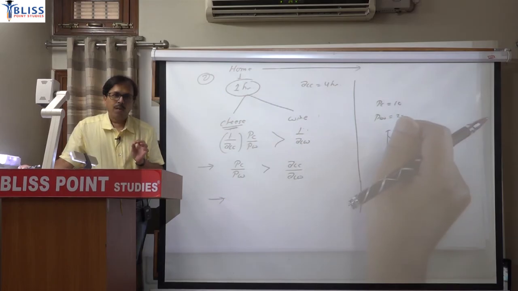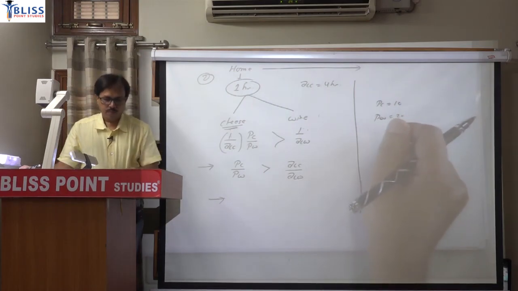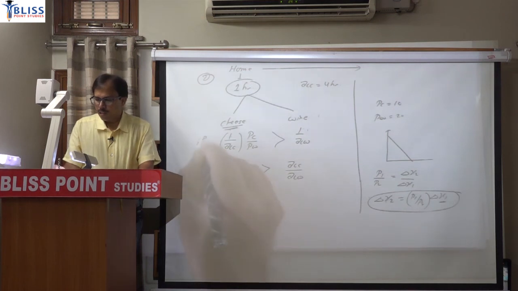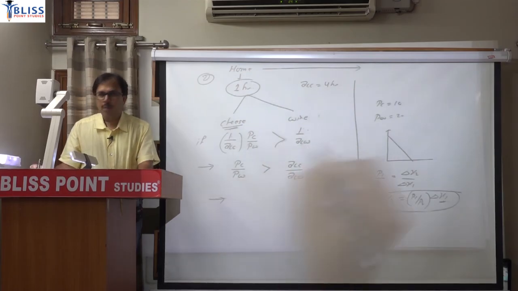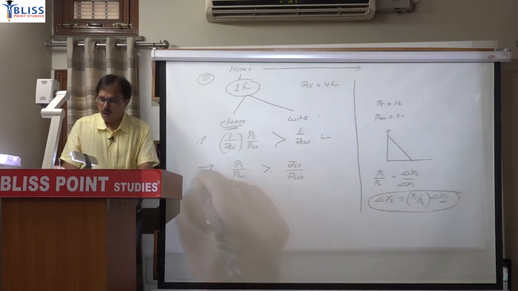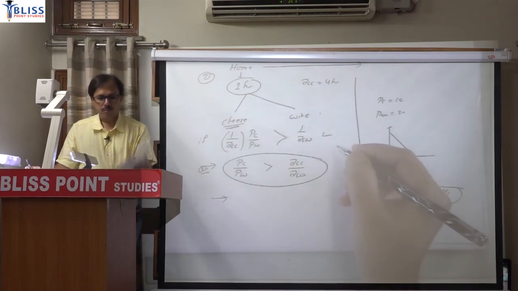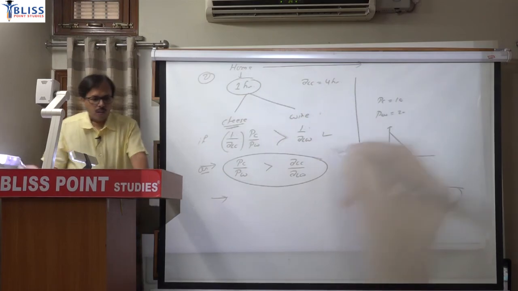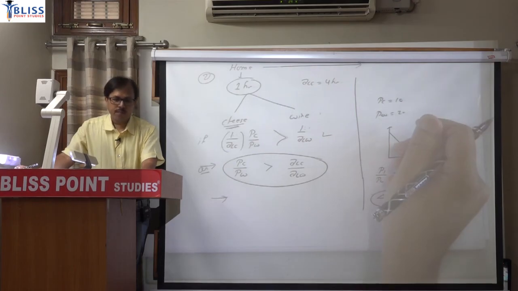Therefore, home country will gain from trade if, write down this condition, if 1 by ALC into PC by PW is greater than 1 by LW, or this. It means that there is gain from trade if